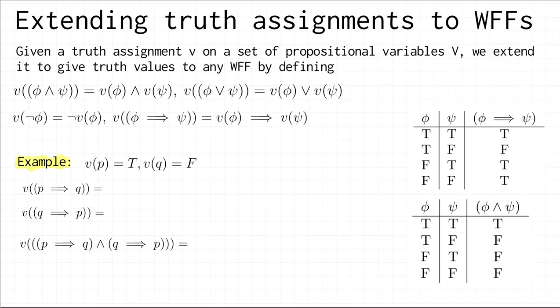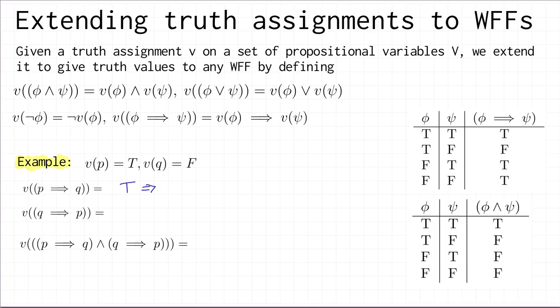So let's look at an example at the bottom here where we have a truth assignment. We've got two propositional variables P and Q and a truth assignment that makes P true and Q false. And we're going to look at what truth value certain well-formed formulas get under that truth assignment. So let's look at the first one. We want the truth value of P implies Q under this truth assignment. So what we do is just substitute for P and Q. So I get true